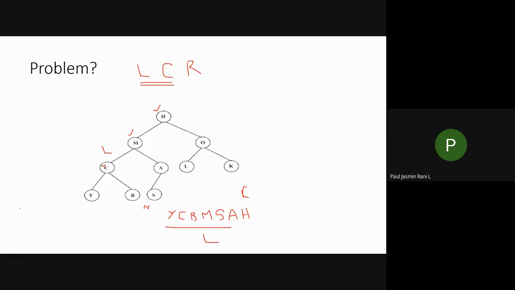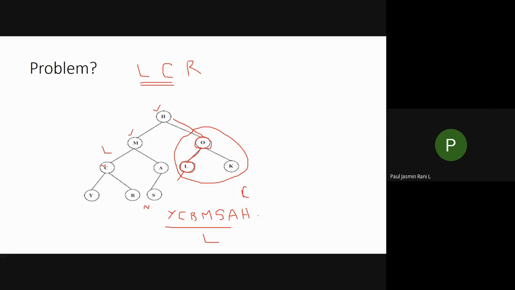So now you are considering the right subtree. Am I right? Now you are in H, you have visited. Now I am moving to this right subtree. From here I see that an element is present. Now I have to take this O. When can I print this O? When I don't have a left child or if the left child is printed. Only after printing this L can I print this O. So I am traveling this side, taking this one as my current node. I see whether the left child has any element or not. I don't have any left element. Therefore, I'm going to print this L.